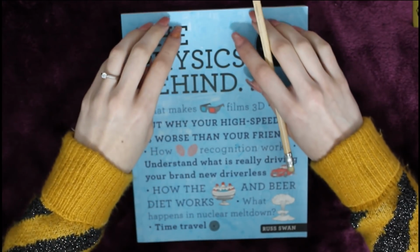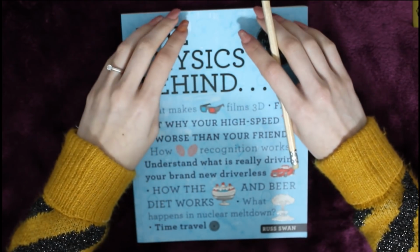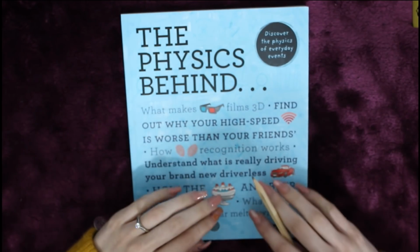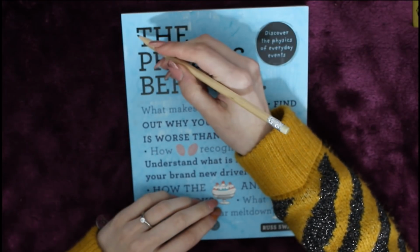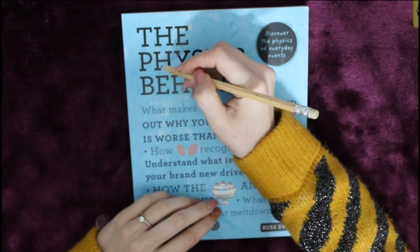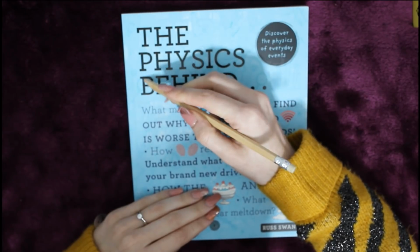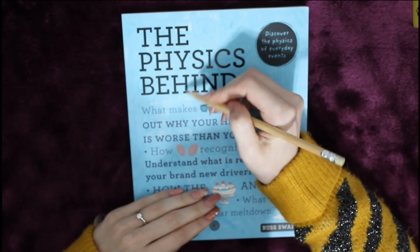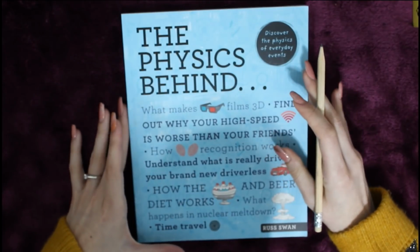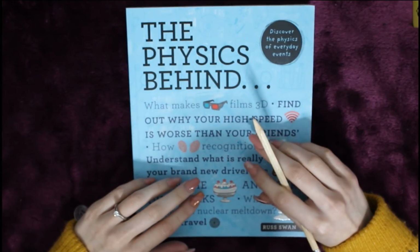This book explains the physics behind all sorts of things we see in everyday life. So the title is The Physics Behind, and it's got all sorts of questions for us that it's going to answer,